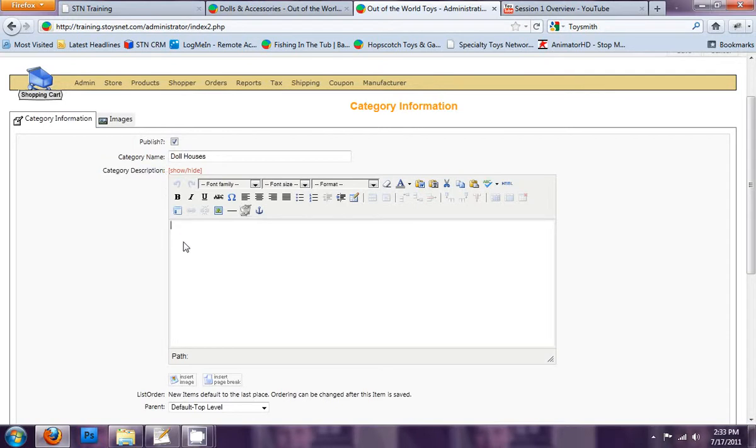The reason for this is it becomes meta information that describes this category. And when I mean meta information, it's the information that the search engines build on this landing page, because a category is a landing page, and it does have value to people that are searching for doll houses, for example. So maybe I'd say, and make it pretty specific as to what you have here on this category. So maybe I would say here at Out of the World Toys, which is our